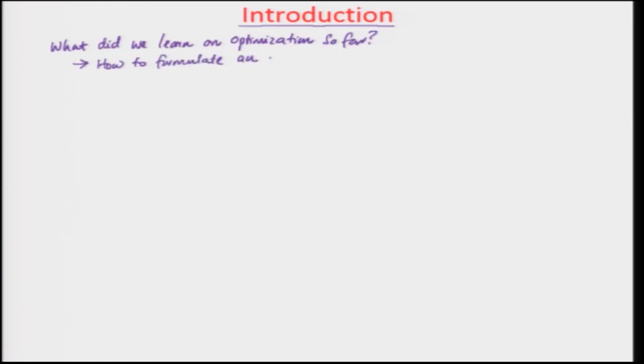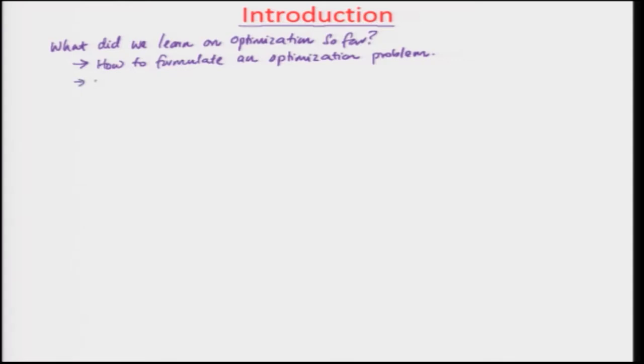First, let us talk about this new concept that we are going to cover today in the class. What have we learned so far on optimization? The thing that we learned so far is how to formulate an optimization problem. This we have seen. We are good at identifying how we are formulating this. We know how to do that and what the other aspects of it are. We have a good idea.